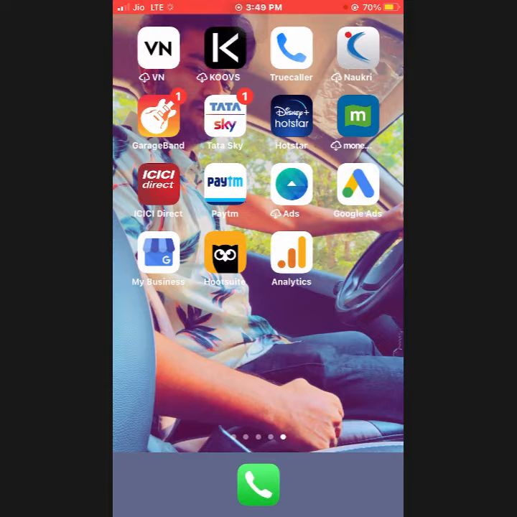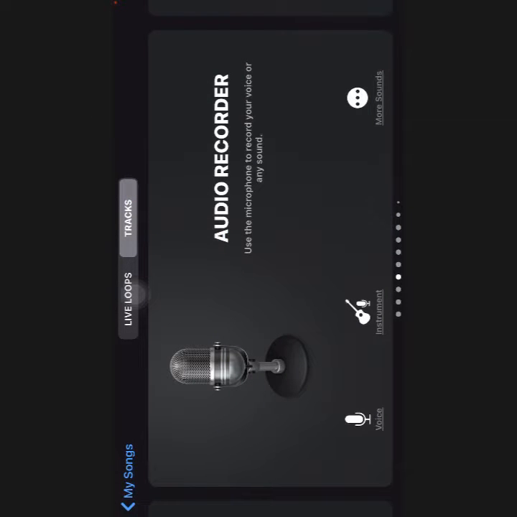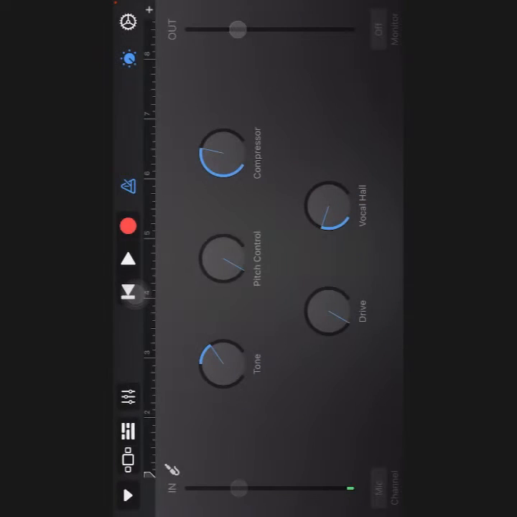So download it and open that app, and after that you can see that there is an option called create song. Click on that. After clicking, click on audio recorder. Once you open this, you can see a layout sign over left side corner, the third button. You have to click on that